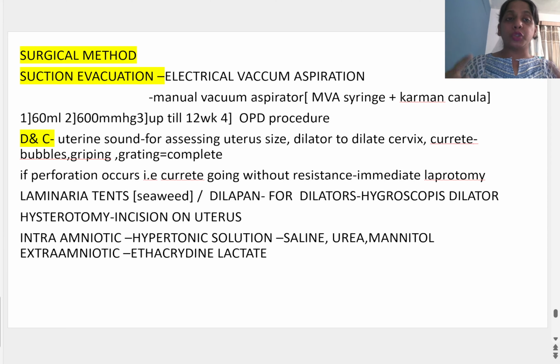4 बातें मैनुअल वैक्यूम एस्पिरेशन सिरिंज की याद करनी है। इसकी कैपेसिटी 60 ml है, इसके अंदर प्रेशर 600 से 660 mmHg का होता है। 12 वीक्स फर्स्ट ट्राइमेस्टर तक यूज़ कर सकते हैं। OPD प्रोसीजर है, पेशेंट को एडमिट नहीं करना पड़ता, PHCs में भी यूज़ हो जाता है, ठीक है। तो 9 हफ्ते तक हमने मेडिकल मेथड यूज़ करना है, और 9 हफ्ते से 12 हफ्ते तक हमने MV सिरिंज से करना है, ठीक है।